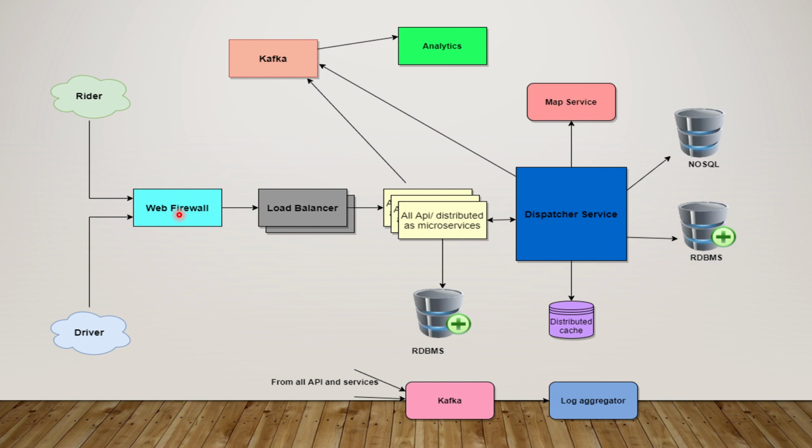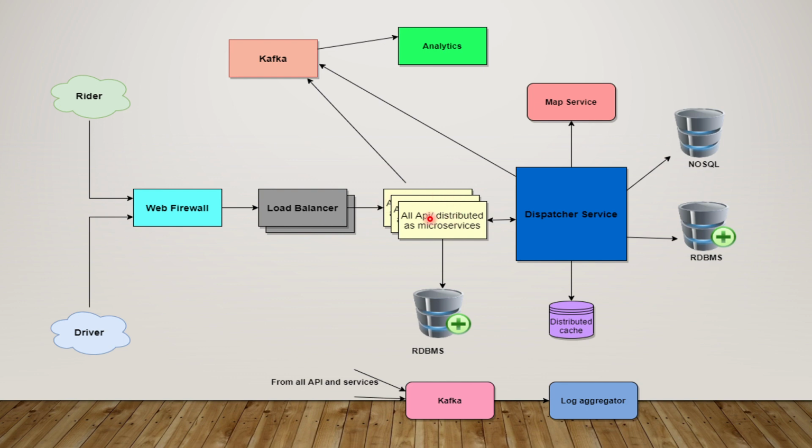From the firewall you use a load balancer, because there will be multiple requests, and for high availability you need a load balancer. Everyone of you will know why you use a load balancer. Now from the load balancer there will be this bunch of APIs, mapped as per the request, whether it is from a driver or a rider. Basically there can be an API gateway also in between, and that will route the message to the correct API.